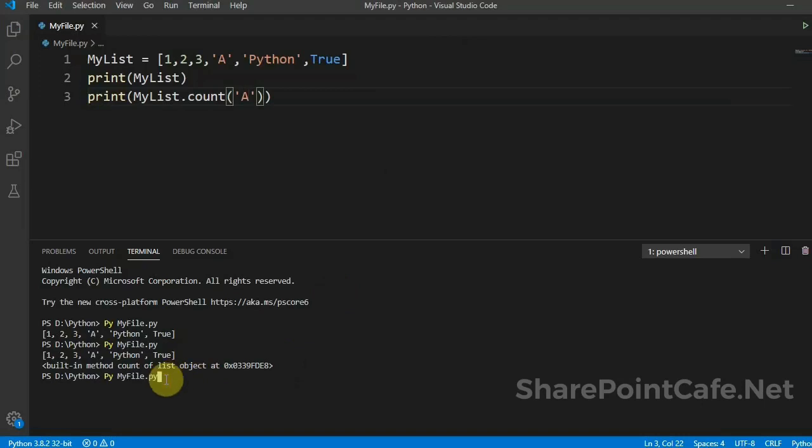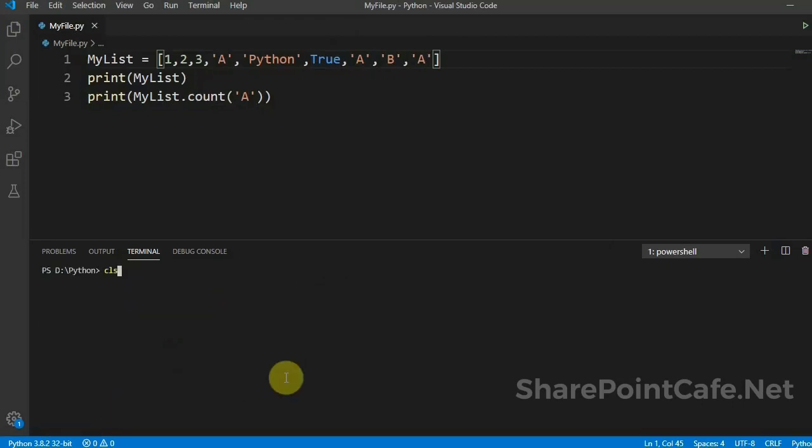I have missed the item which I want to count here. Okay, so see, output is there. I'll add some more item with the same name, A and then again B and A, and then I will try to find the count. See, the total number of A available in the list is printed here.